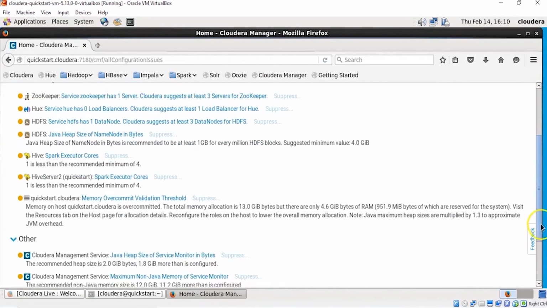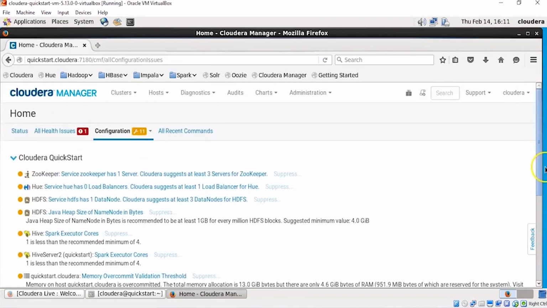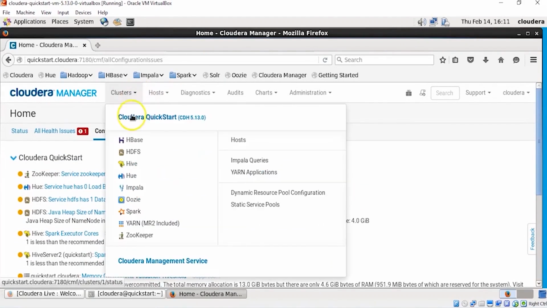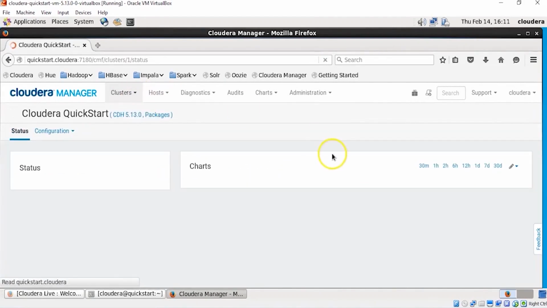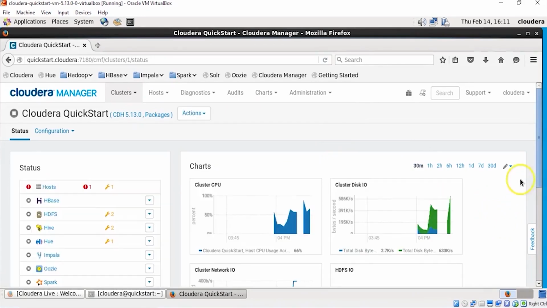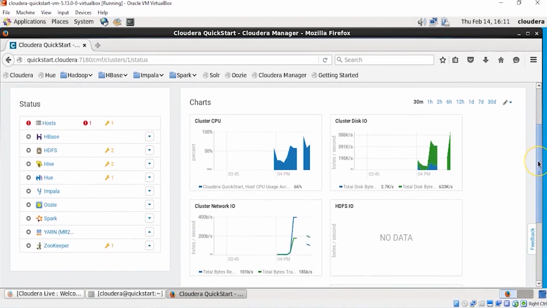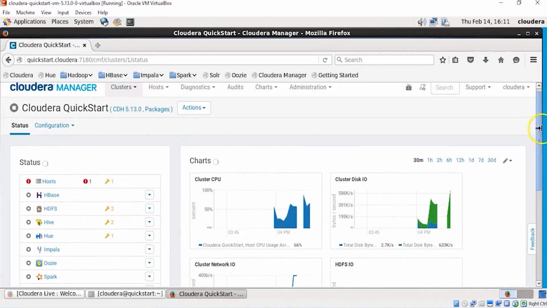So if you want to avoid all of these warnings, you can always click on suppress and let your cluster be in all green status. But that's nothing to worry. So we can click on cluster and basically we can look at the services. So we have removed some services which we don't intend to use now. I have also suppressed an offset warning, which is not very critical for my use case, and basically I'm good